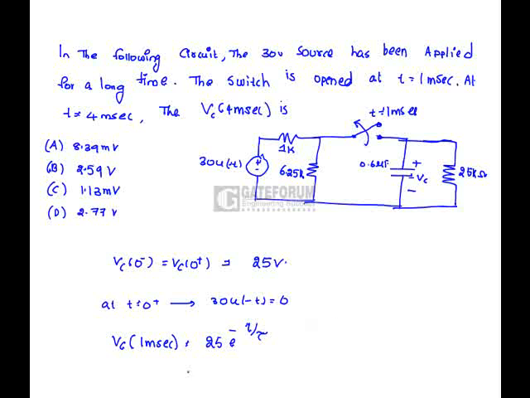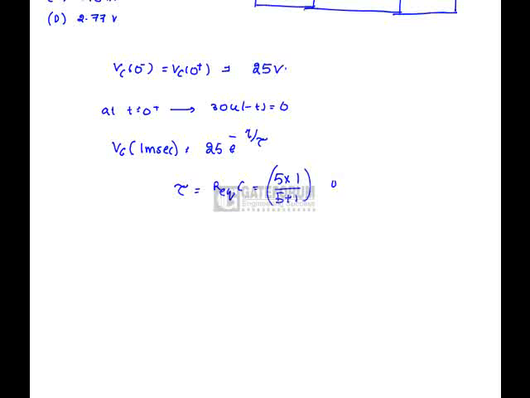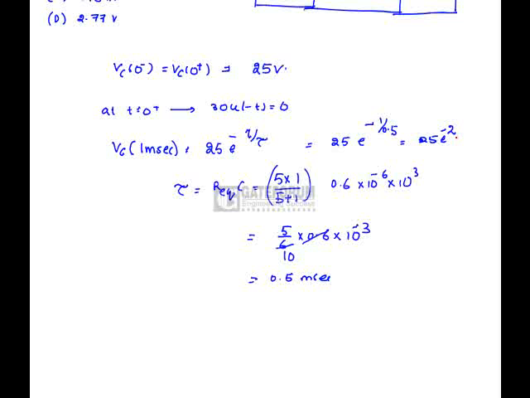Okay, tau is equal to the parallel combination R equivalent into C. So 5 into 1 by 5 plus 1 into 0.6 10 power minus 6 into 10 power 3. So 5 by 6 into 0.6 into 10 power minus 3, which is 0.5 milliseconds. That is 25 e power minus 1 by 0.5, that is 25 e power minus 2